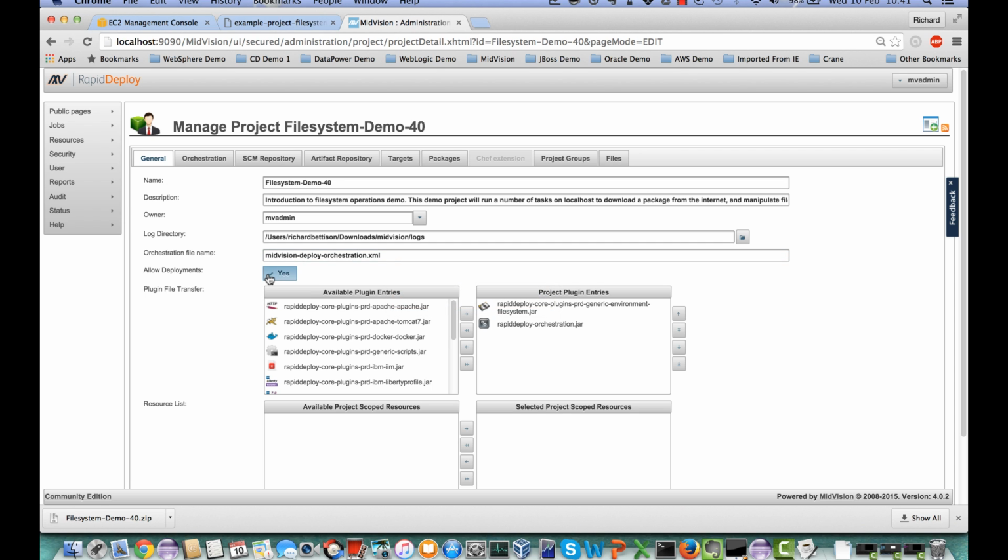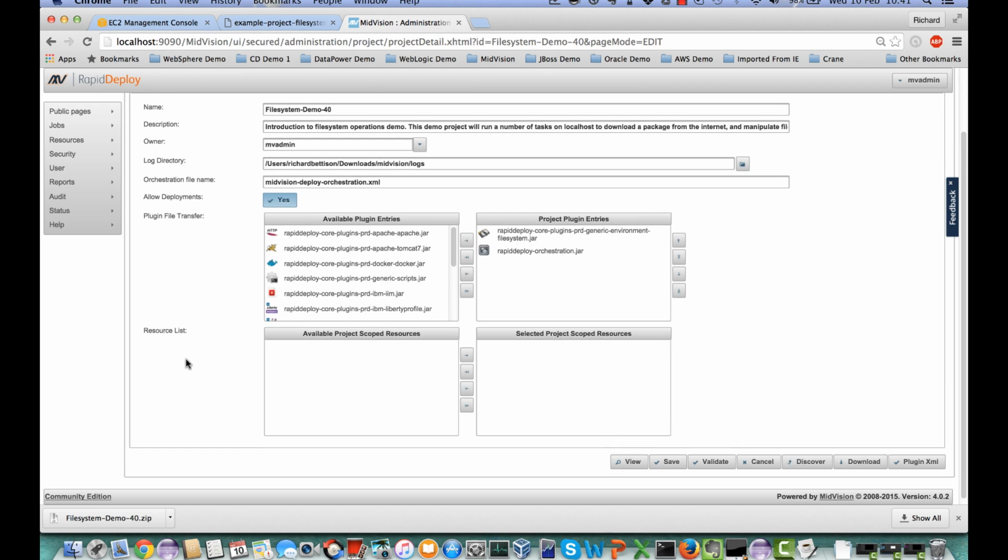Are we allowed to run deployment jobs from this project? By default, yes we are. We then have two other panels down here. The plugin file transfer panel tells us that when we're transferring deployment artifacts to target servers, what plugins we should transfer along with those to the targets. We're going to always transfer the orchestration, which is the base framework jar, and we're then going to transfer the generic environment file system plugin